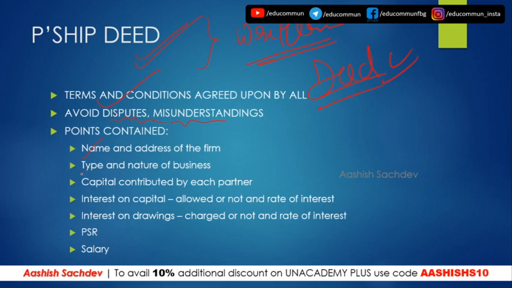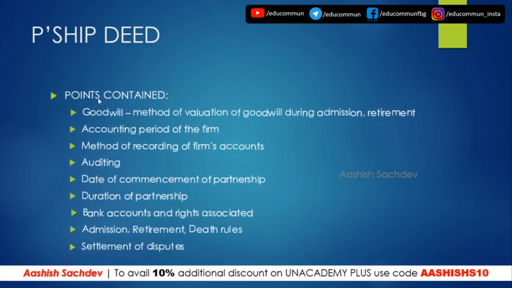The name of the firm, address of the firm, type and nature of business, capital contributed by each partner, the amount of capital, then the interest on capital, if it is to be allowed, then what percentage of interest is to be allowed, then interest on drawings, if the partner draws from the firm, then what interest has to be charged by the firm, then what is the profit sharing ratio that has to be there between the partners, and if salary has to be paid to the partner, what amount of salary has to be paid. Then